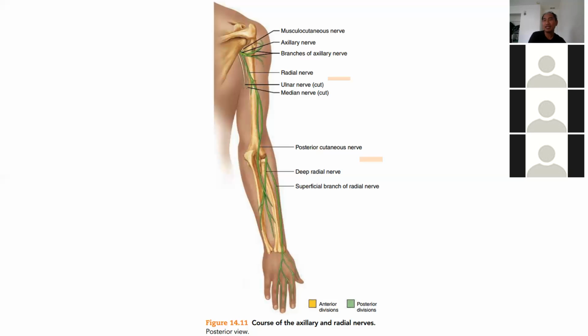Perfect. And the sensory portion of the axillary nerve, where are you going to check? Is it the anterior deltoid? Yeah, no, the skin over the deltoid, which we usually call the regimental patch area. So the skin over the deltoid will be supplied by the axillary nerve. The deltoid muscle will be supplied by the motor function of the axillary nerve. So if someone